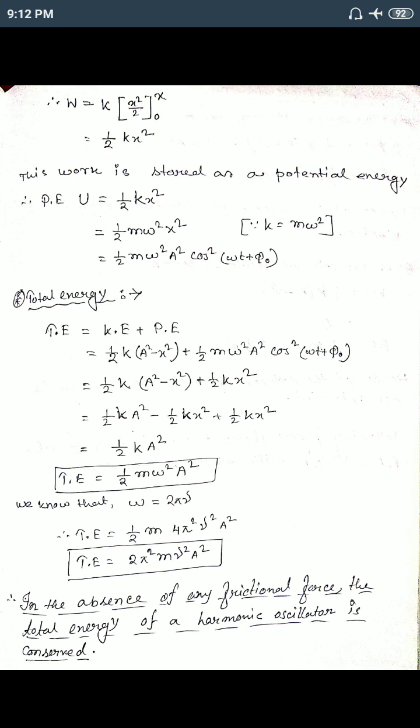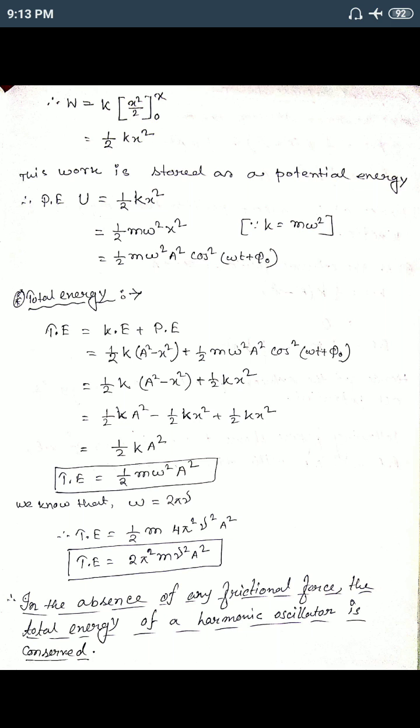Because here we find out the potential energy, any kind of work done is stored as energy, either kinetic or potential. So potential energy equals half k x square. Now in place of k, we can write m omega square, so m omega square x square. So we have two equations of potential energy: one, half k x square, in terms of displacement, and another in terms of the cosine function,